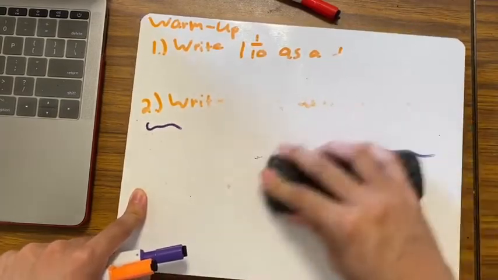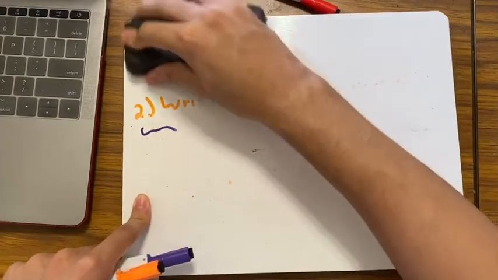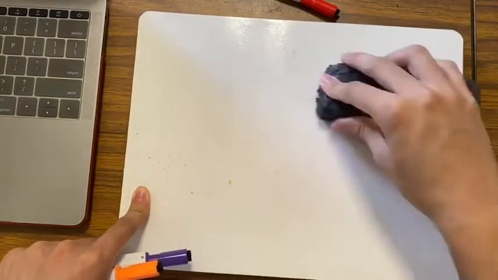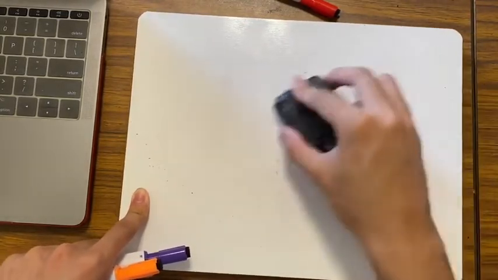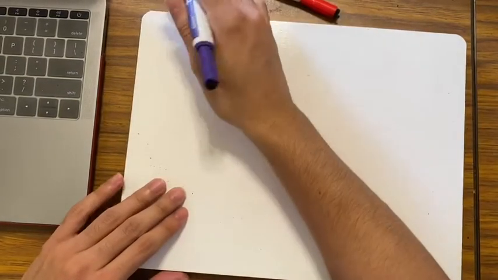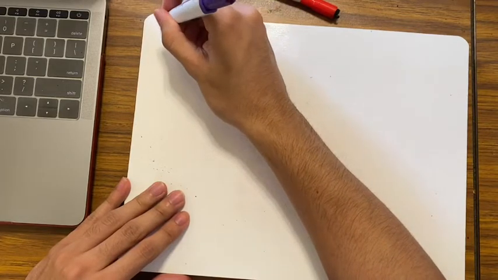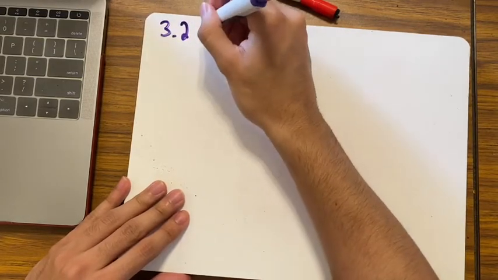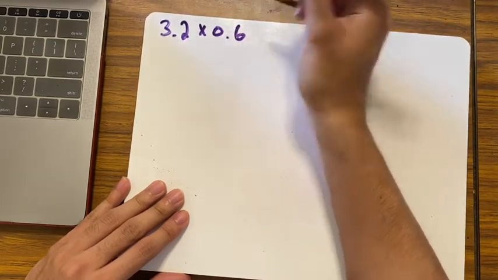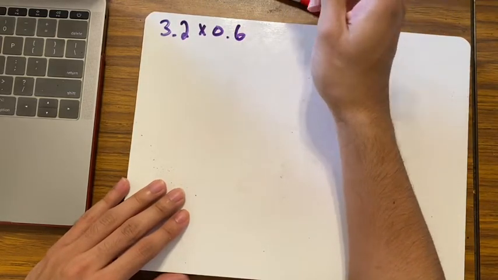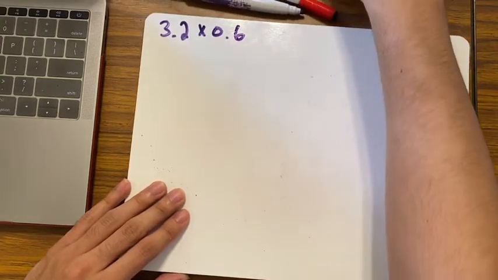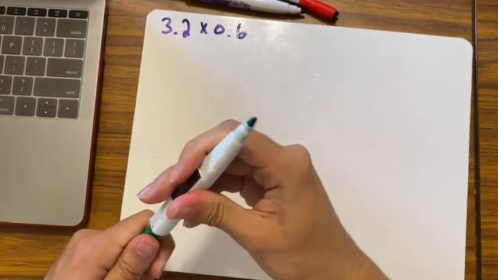So today our objective for math is that we are going to learn how to multiply decimals using 2 different ways. And one of those ways I think you're kind of familiar with already. We've been doing it even when we were still in the classroom. But let's start off with that way. Let's say that I had 3.2 times 0.6, okay? Remember, one thing that we did is that we learned how to write them in word form,